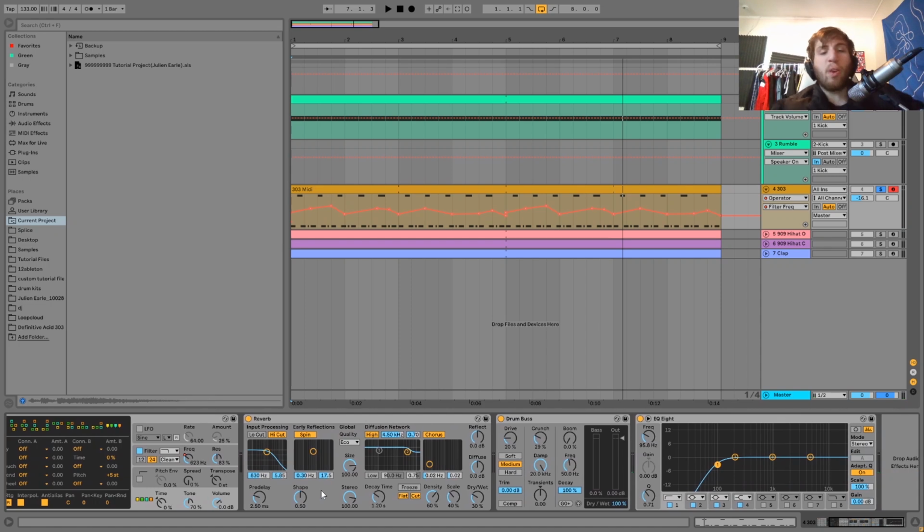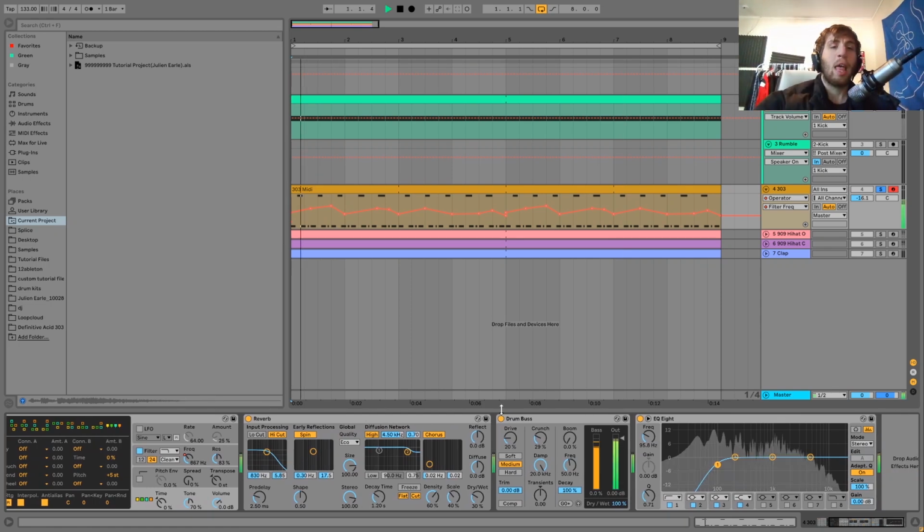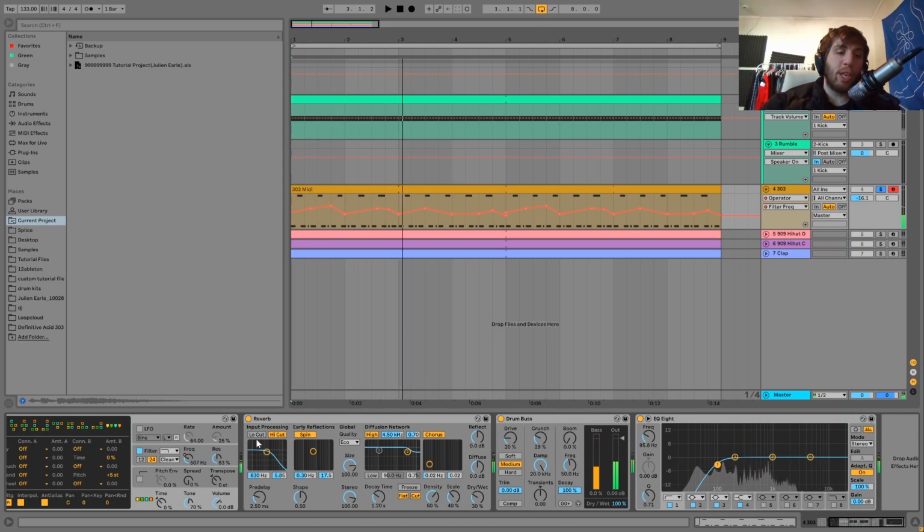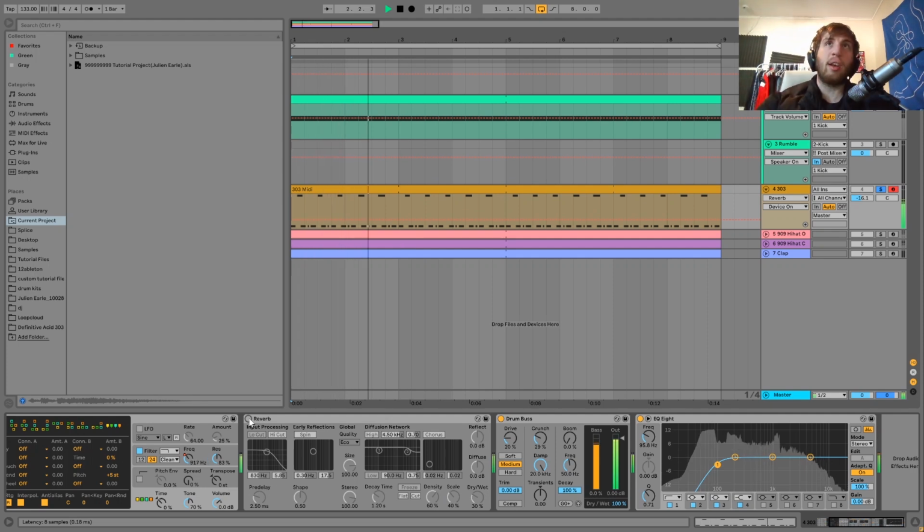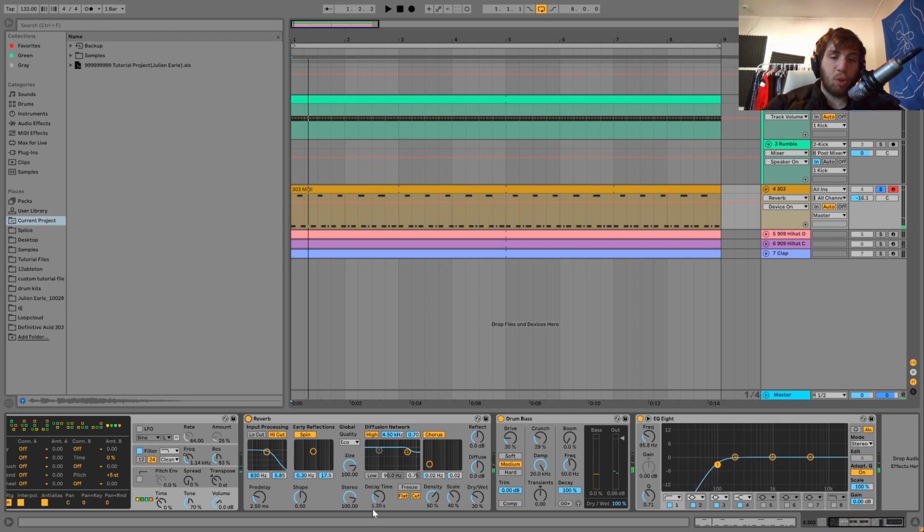And yeah, after that we have a bit of reverb. I found this to be pretty important with these kind of 303 sounds. If we turn off the reverb, you can hear it's lacking a certain level of depth that this reverb just adds in a really nice way. We just have short decay time, not a whole lot of